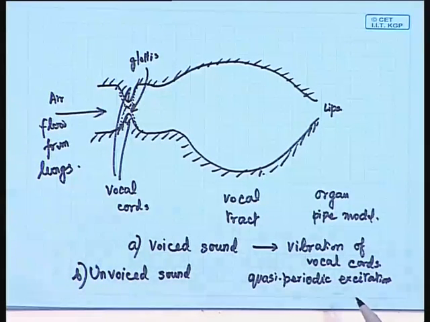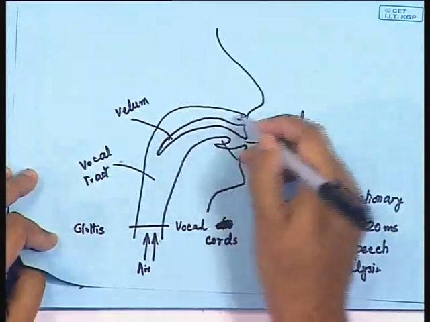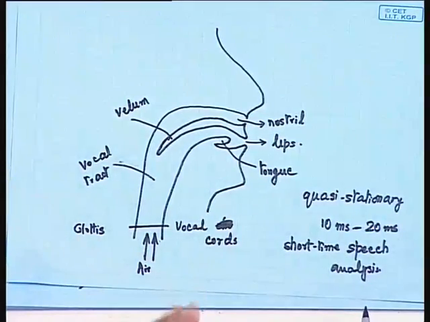So, we assume that there is a steady airflow, but then we use our articulatory organs to produce constrictions in the passage, and the constrictions produce some turbulence in the airflow. That gives rise to a kind of noise-like behavior, and we produce such unvoiced sounds, okay,